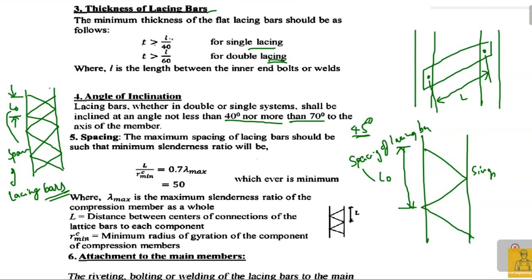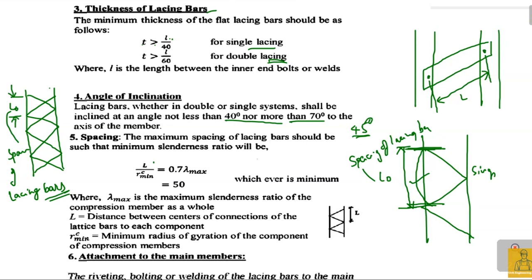There is less chance, or no chance, for this section to buckle. See, even this channel section or this column section is also going to buckle in this way between the lacing, so even this portion is going to buckle. So in order to avoid that, we can go for this double lacing. Double lacing will avoid situations like this, buckling of the built up section at this place.